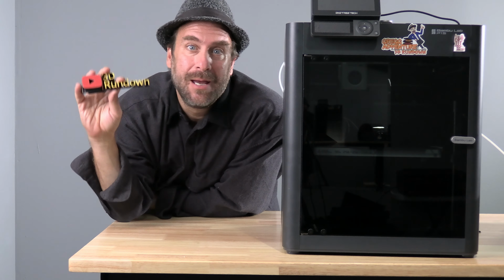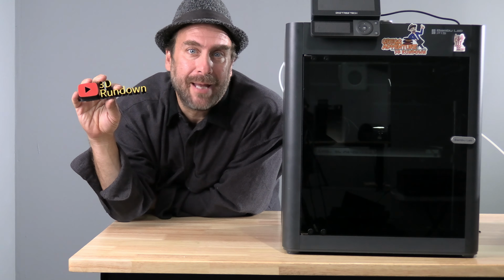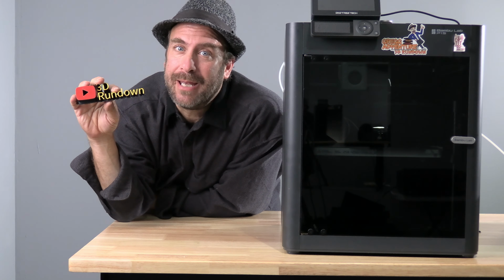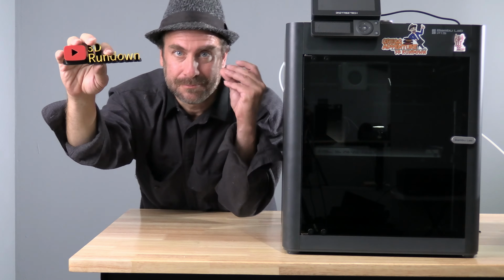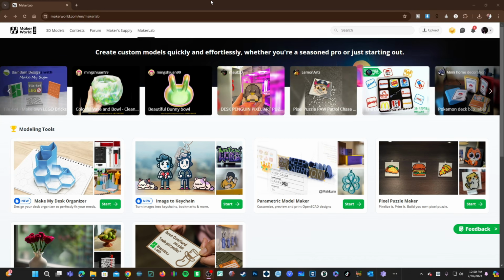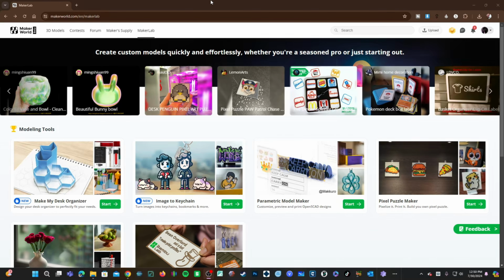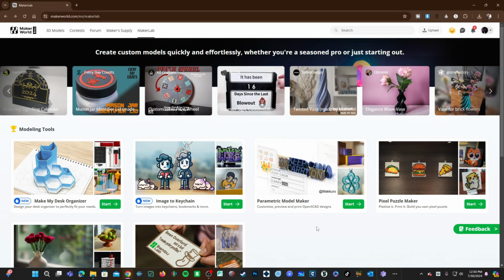Hello Bambu Lab peeps. Today we are going to go into Maker Lab and use the Make My Nameplate tool to make a 3D nameplate like this. Let's get started. I am here in Maker Lab and today we are going to make a 3D nameplate together